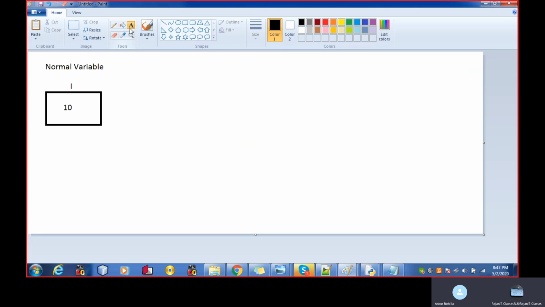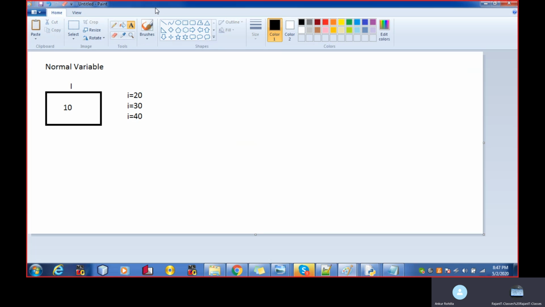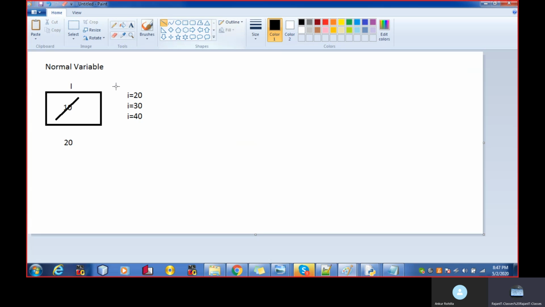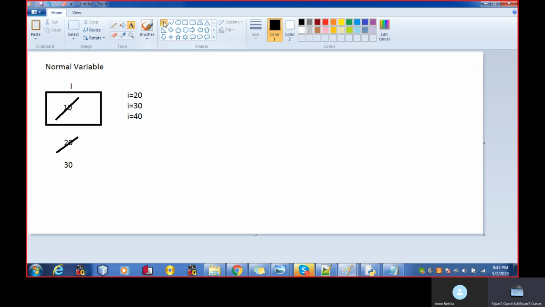Now, if somebody writes i is equal to 20, or i is equal to 30, or after that 40, then this will be replaced by 20, and again this will be replaced by 30. In a similar manner, this will be replaced by 40, right?